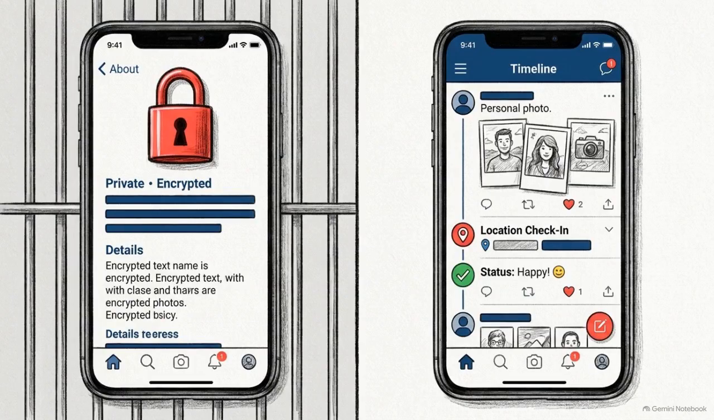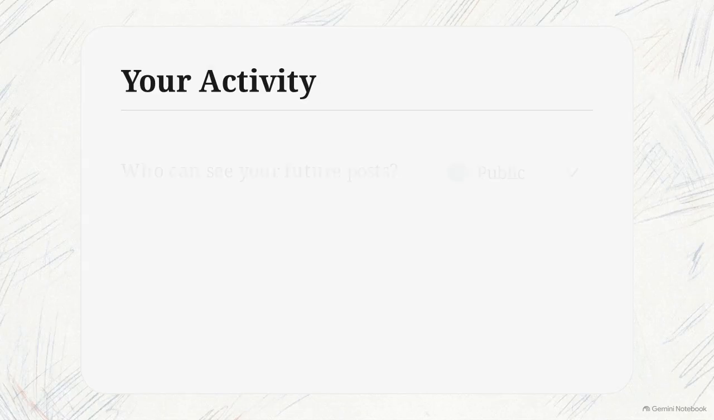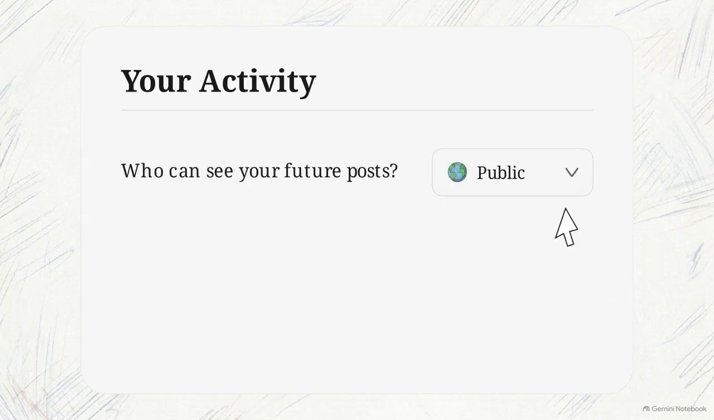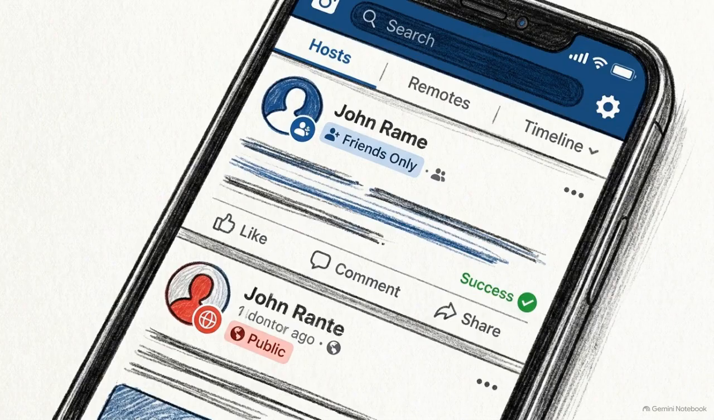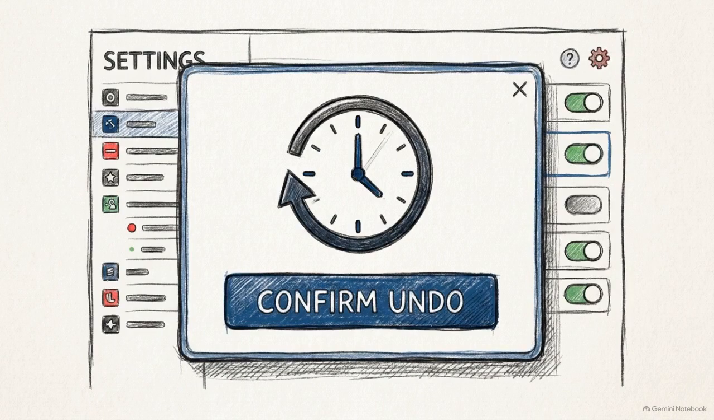With your static profile data secure, we need to apply those same rules to the content you actively generate on your timeline. Navigate to the Your Activity section. Find the option asking who can see your future posts, and switch it from the Public Globe icon to Friends. Be careful here. Updating this setting only protects what you publish tomorrow. It does not hide years of past public posts, which you must limit separately using the Limit Past Posts tool